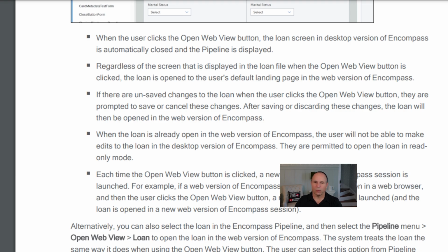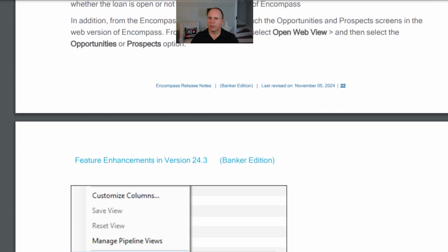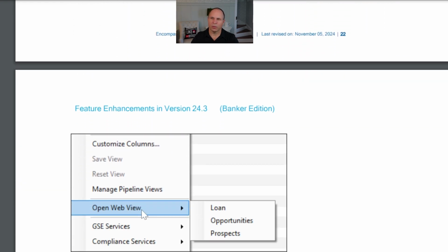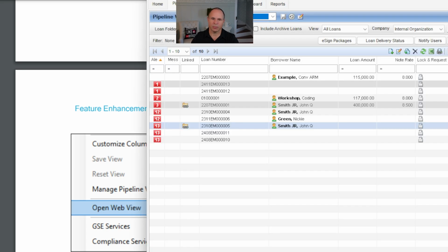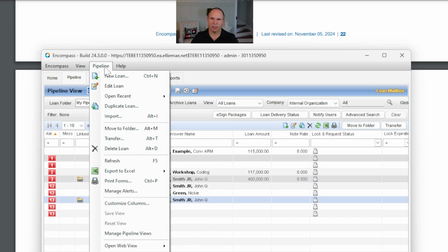Now that we're looking at this section of the release notes, we can go over and look at opening the web view from the pipeline. So when we look at Encompass now, if we want to open a loan file from the pipeline tab, you can click Pipeline and click Open Web View, and you have three options here.